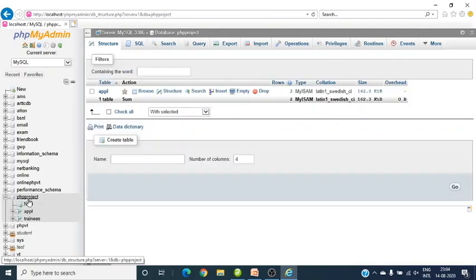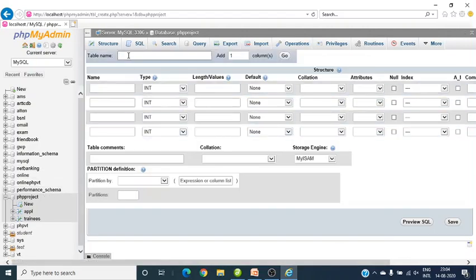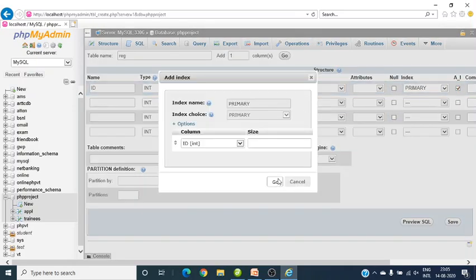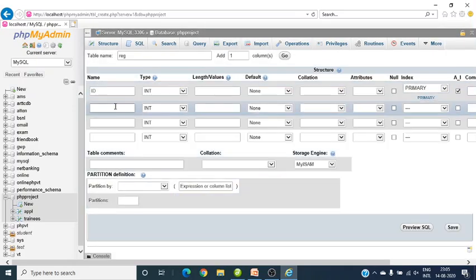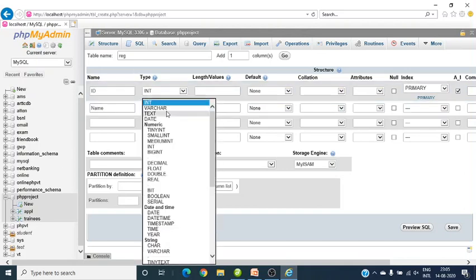So here we will make a new table, this one is reg, and this is ID. This will be an auto incremented key so that it becomes a primary key automatically. This is the primary key, and the name is varchar